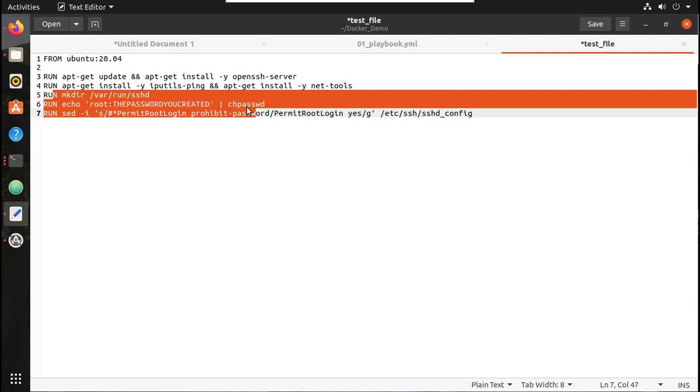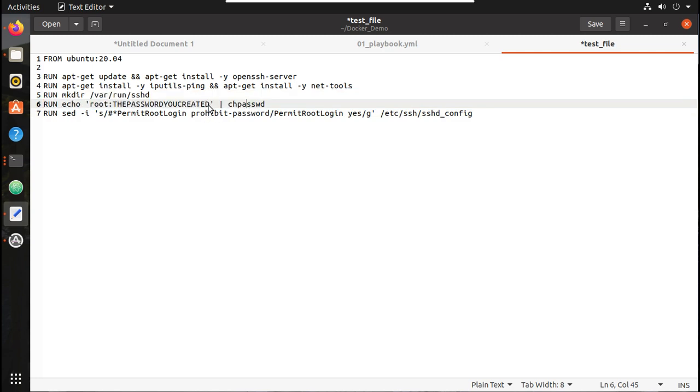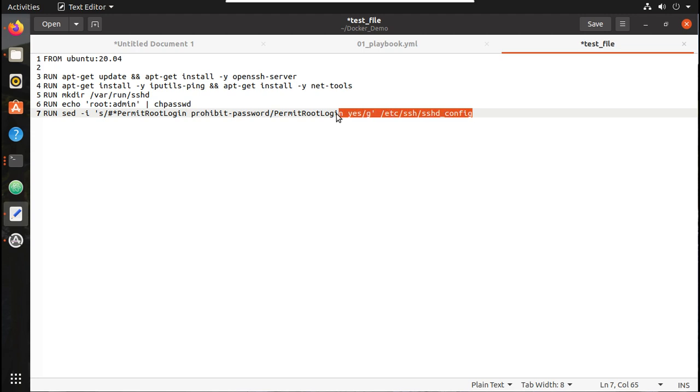Then this enables SSH, and we can give SSH user password here. I'll give password admin, and this will automatically go and edit permit root login in the SSHD config file. Let me save this.